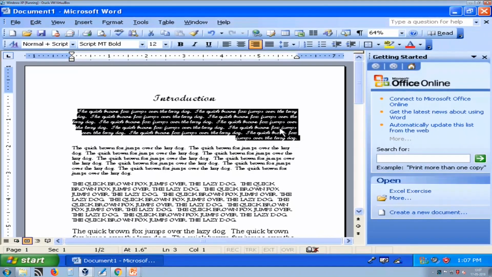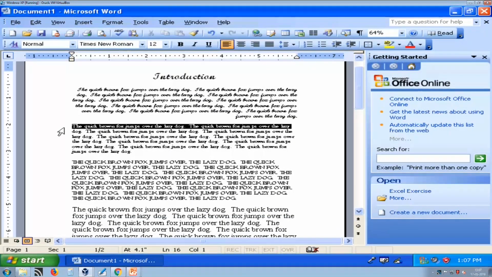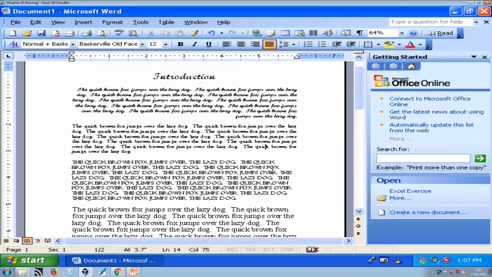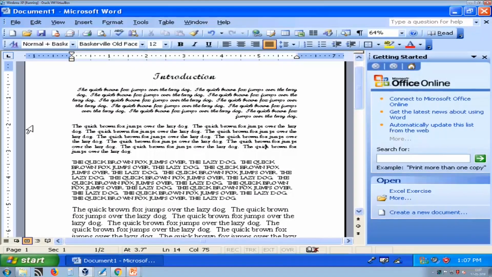So that you have to remember. Now justify is generally applied to paragraph text. So here is how justify will look. Here I am pressing the justify alignment button, and it will align your text on both sides. So it looks nice if you have paragraphs.